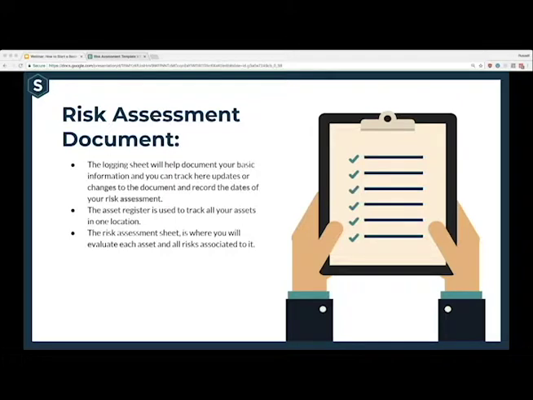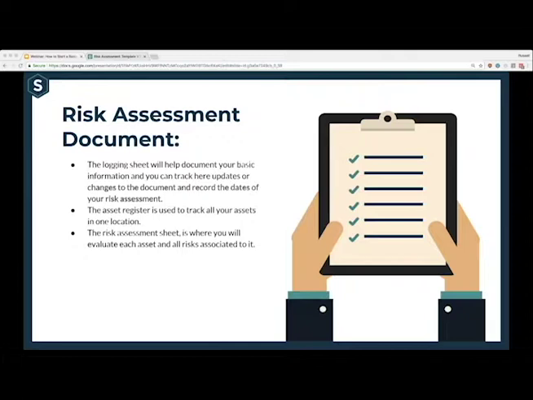The next step would be documenting it. You'll want to be able to document your findings. For this, a spreadsheet can be used, but you could also track the information in a Word document. This would allow you to have the information in a central location. If you're more technically inclined, you can make use of formulas within a spreadsheet to help expedite the process of calculating risks. For our example today, we're going to be using a document that was created by our team and